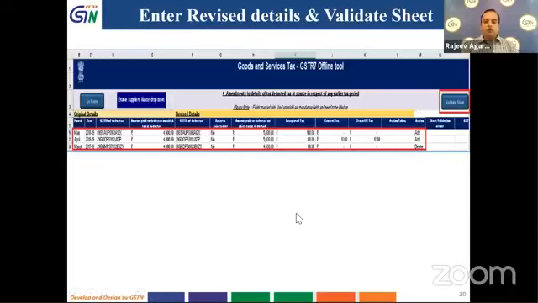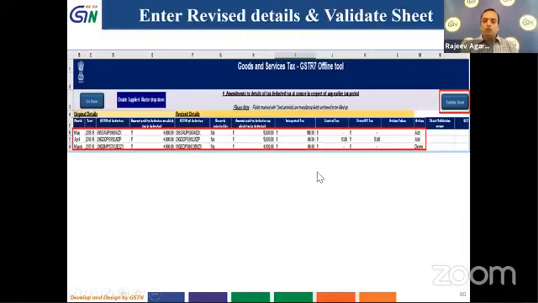After that we will go to sheet 4. In sheet 4 there are two kinds of entries which are to be done over here. One entry is that entry which is rejected by my supplier. So if it is rejected by the supplier, this is the column where I will have to select yes. Since it is rejected, I will have to enter that this has been rejected and I have to select yes. And if it is not rejected, it is something which I am originally amending, then I have to select no.